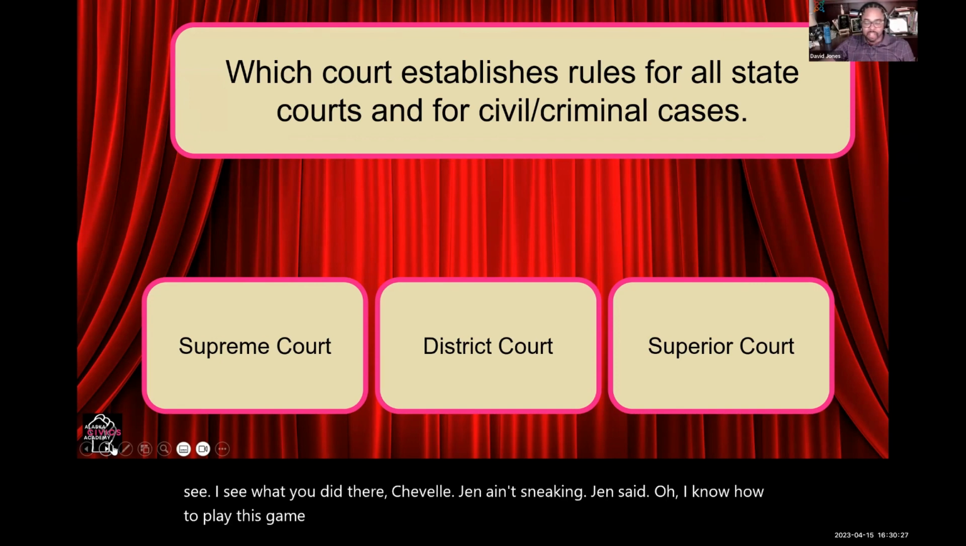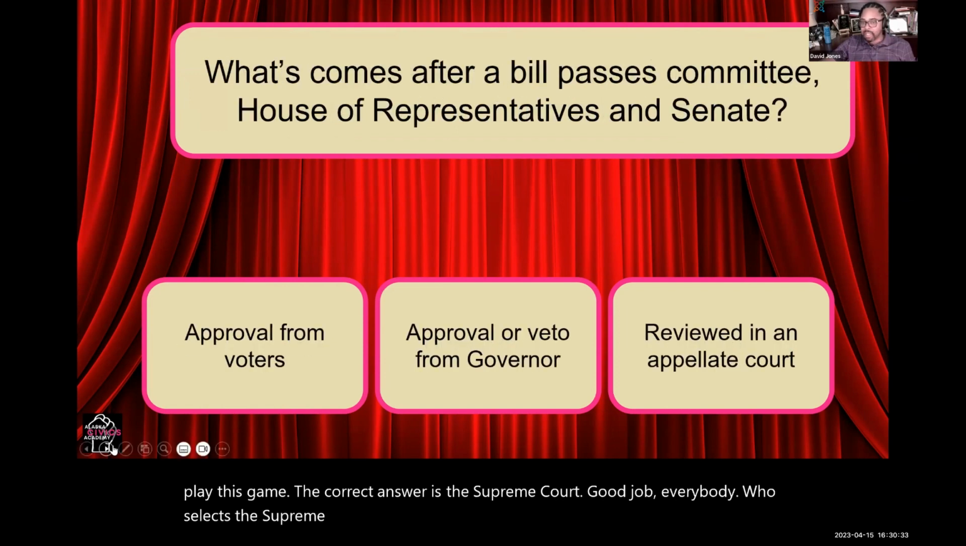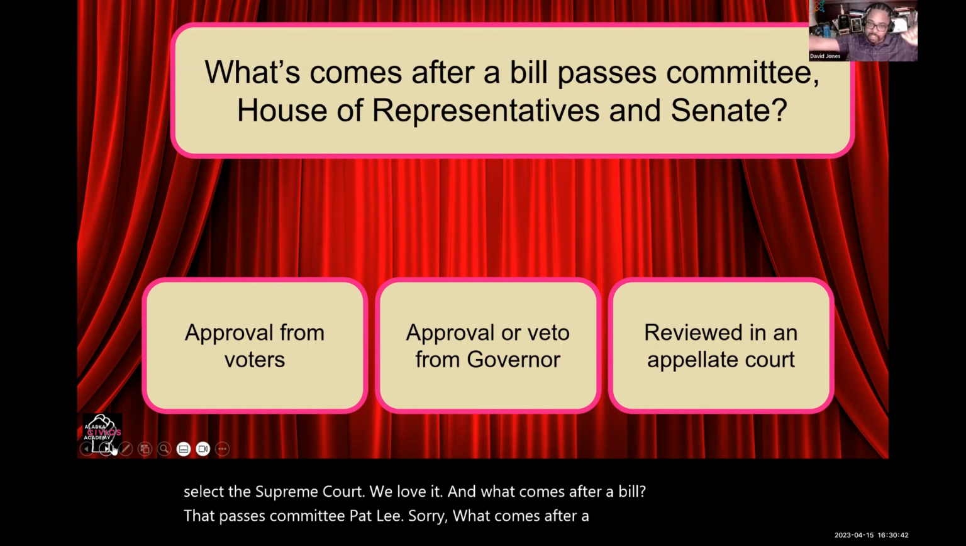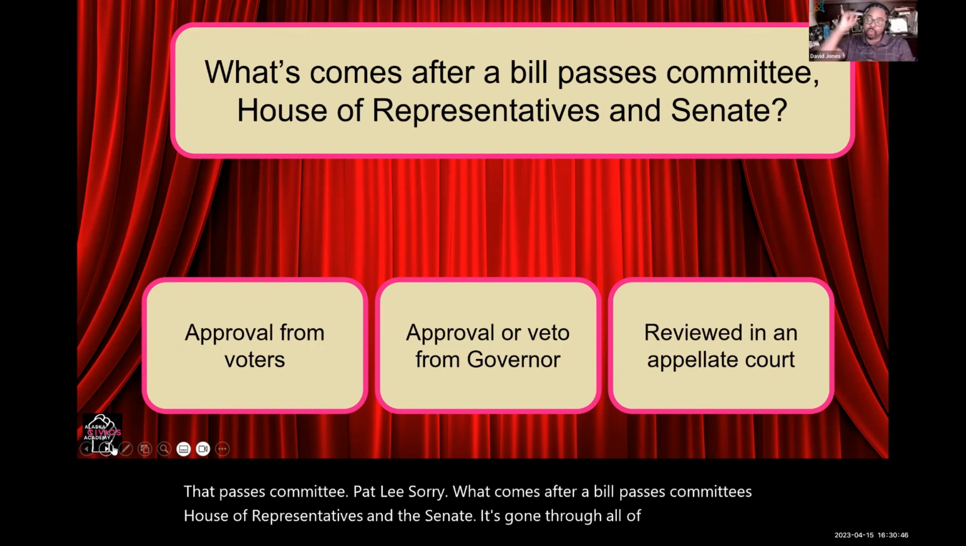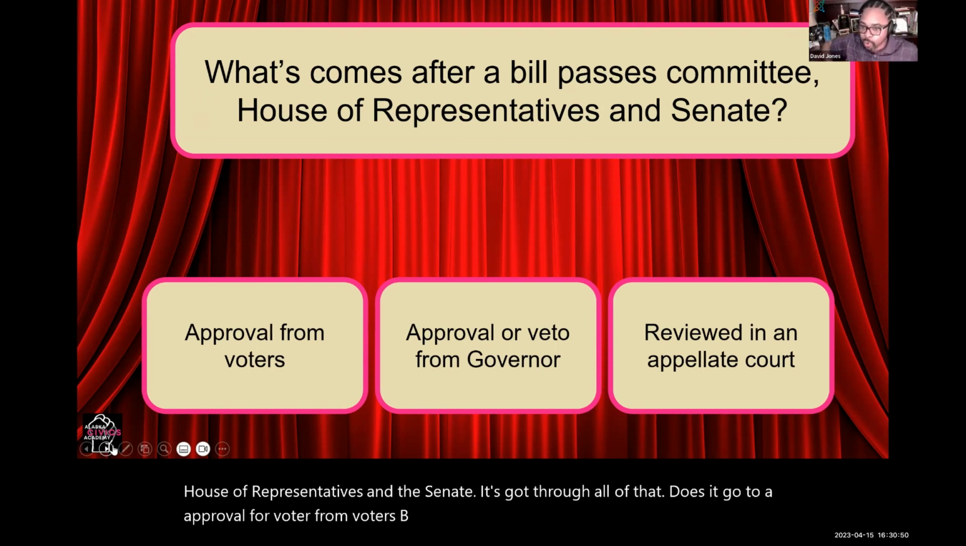The correct answer is the Supreme Court. Good job, everybody who selected the Supreme Court. We love it. And then what comes after a bill passes committee, the House of Representatives, and the Senate? It's gone through all of that. Does it go to A, approval from voters, B, approval or veto from the governor, or C, reviewed in an